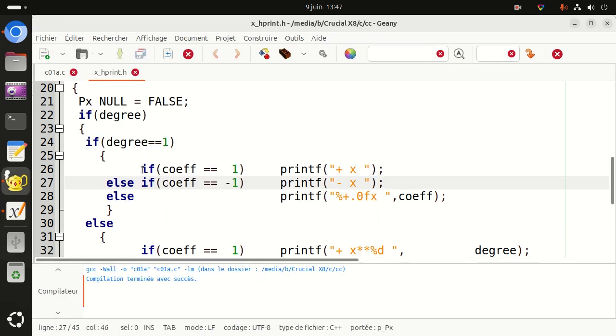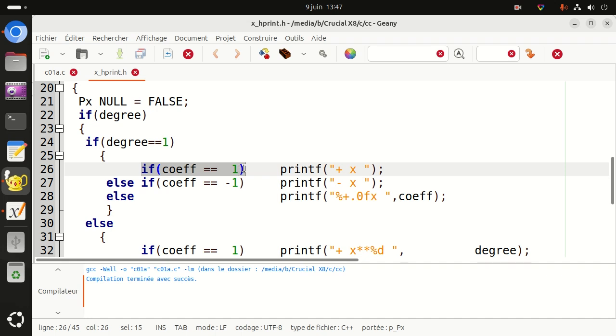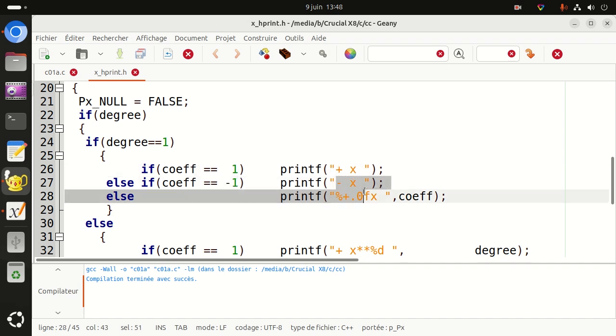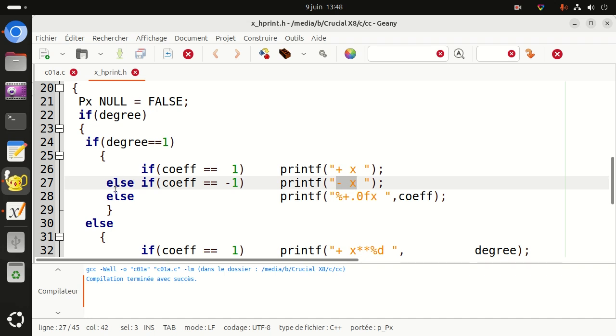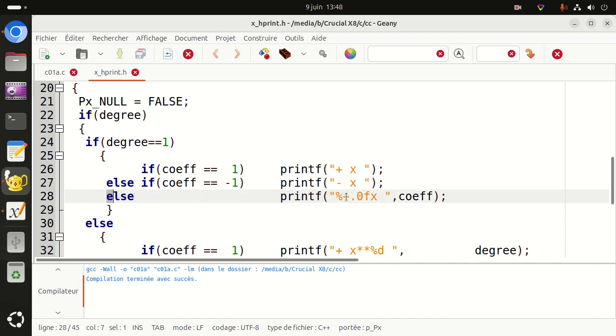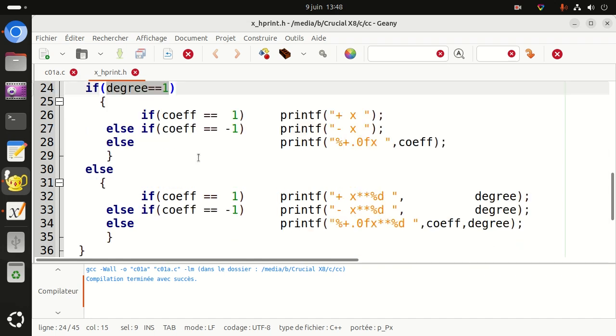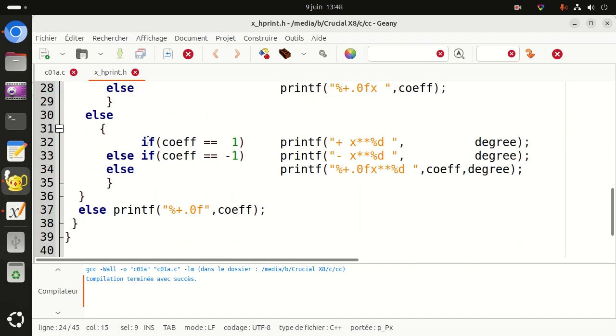It is why I must write, when the coefficient is 1, I write only x. When the coefficient is minus 1, I write minus x. And else I write the value of the coefficient plus x. This is when the degree is 1. Okay? When the degree is not 1,